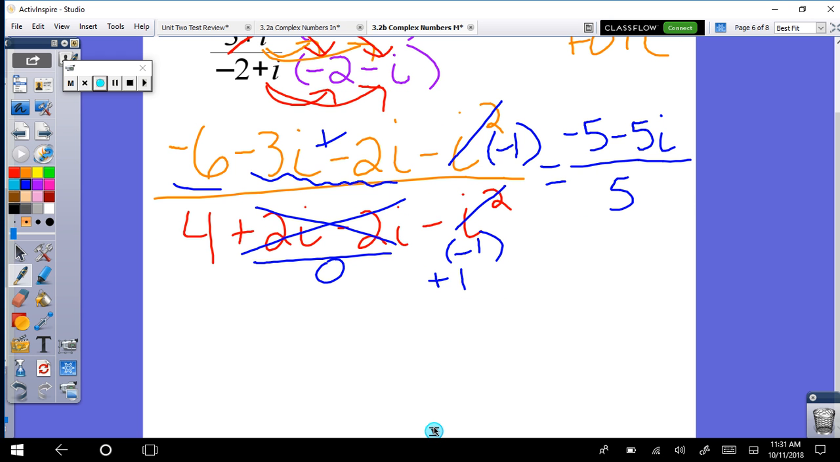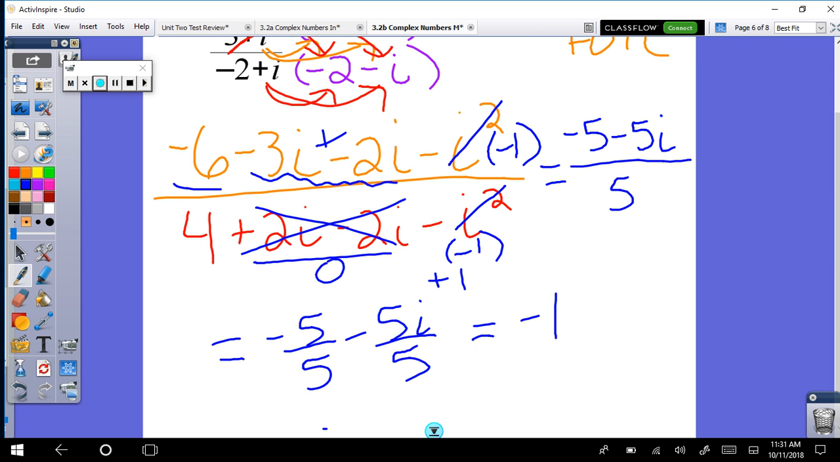Again, I want this to be written as A plus BI, so I'm going to separate out that fraction. Then they're going to be both over 5. And now I can reduce both of these. So negative 1 minus 1I. Sometimes you can reduce both fractions, sometimes you can reduce one, and sometimes you can reduce neither fraction. So reduce what you can,